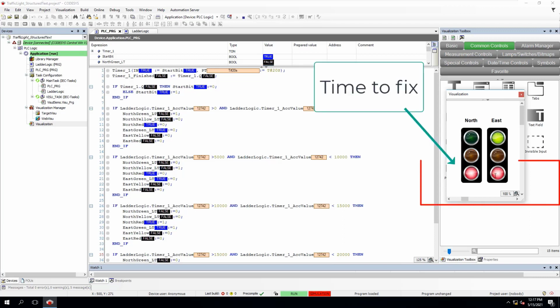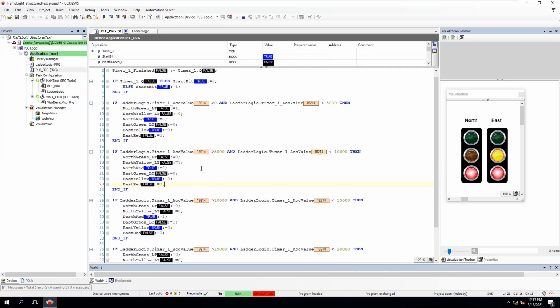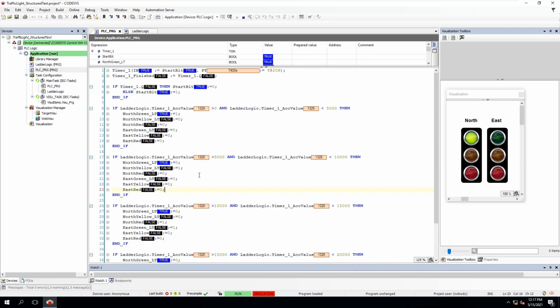Okay, so this right here is wrong. See this? The red should not be on. So where do we have the red on? All right, so this is really simple. Okay, so right here, this is green, this is yellow. All right. And this is going to be red, and that's green. So right here,